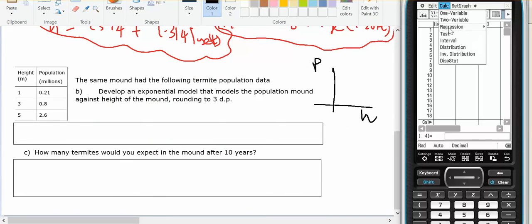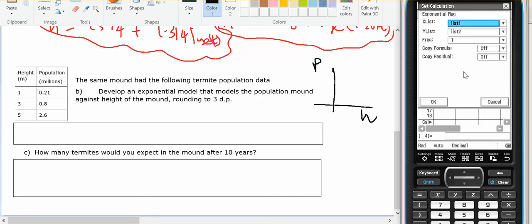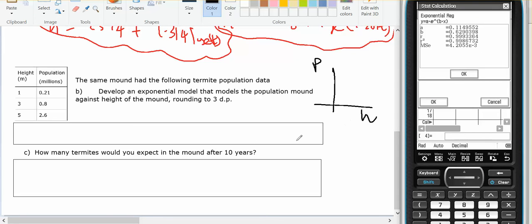So if I go calc regression, I've got two choices. I'm going to use the exponential regression. That will give me base e. If I use ab, I get a base which is base b, or base a. I think it's base b. So exponential. So the rule will be